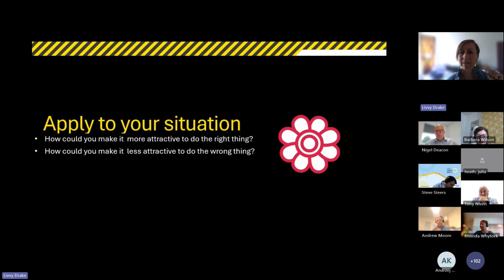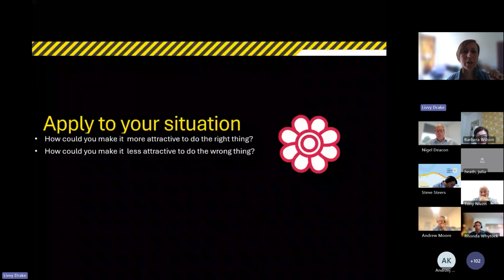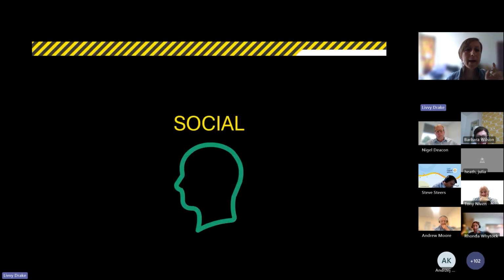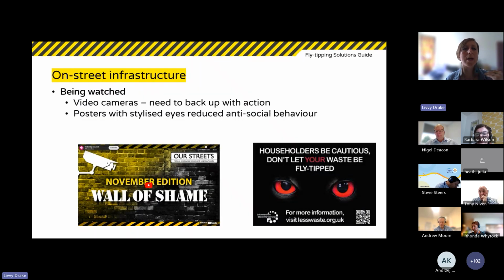And that is a perfect segue into the next one, which is social. This is the thing that people underestimate, and they don't understand how powerful social influences are. As Andre just shared, it effectively exemplified that. So we behave differently if we think we're being watched. We care what our neighbours think. They're keeping up with the Joneses.